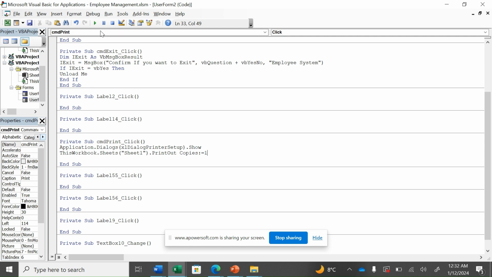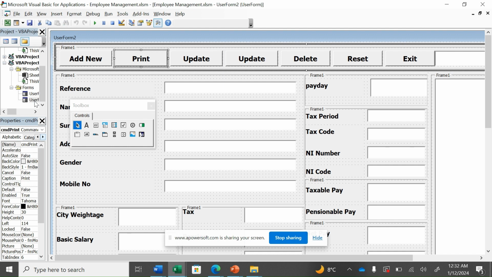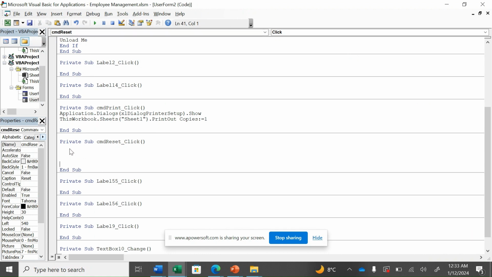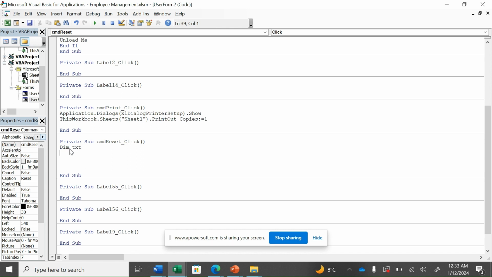Next, we are going to do programming for next button. Let's go for this button, which is reset. Double click, and then here you can do the programming for reset. I'm going to take here also one variable, which will be txt, and now I'm going to say the VBA that for each txt,